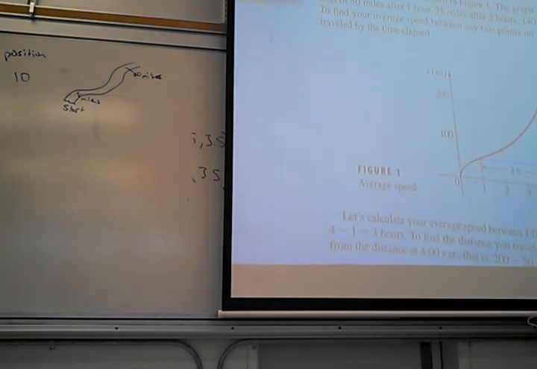And how far did I go? 60 miles. Good. So 70 minus 10. And how long did it take me? 4 minus 2. Yeah, 4 minus 2 took me 2 hours. So I went 60 miles in 2 hours. So overall I was going